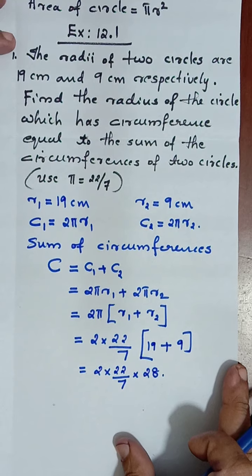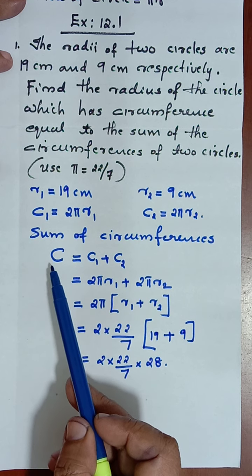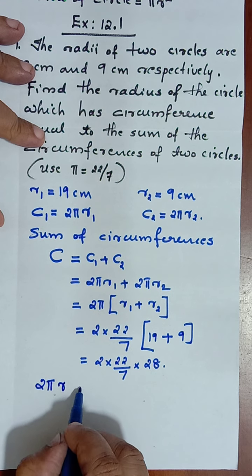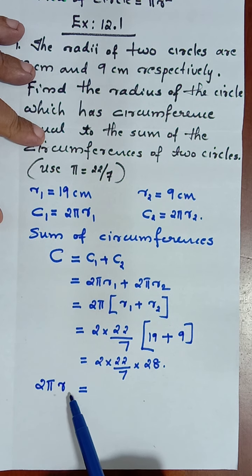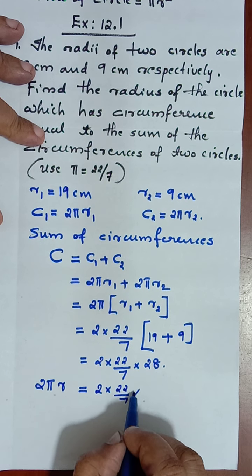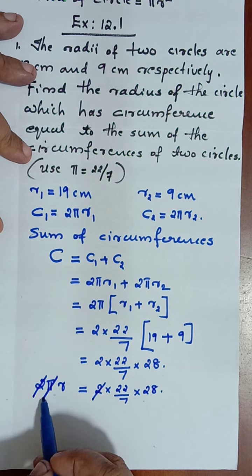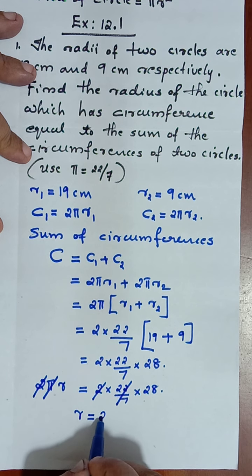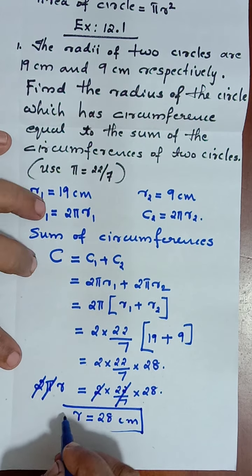So our question is to find out new radius, that is newly formed circle's radius, that is what is the C? Isn't it 2 pi r? Circumference of newly formed circle, that is C, is equal to 2 pi r. That we got as 2 into 22 by 7 into 28. So we can compare, 2 and 2 will be getting cancelled. Pi will be getting cancelled. Pi is equal to 22 by 7. Therefore, what is our r equal to? Isn't it 28 centimeter? That is the radius of circle